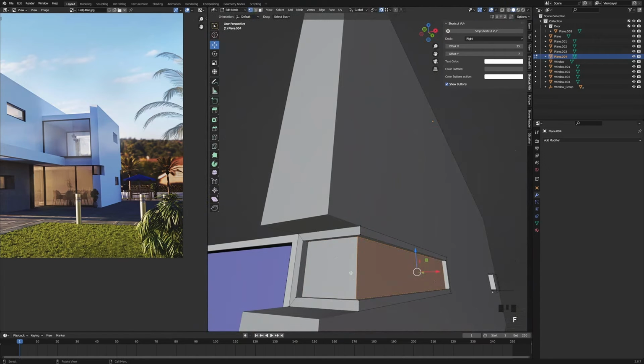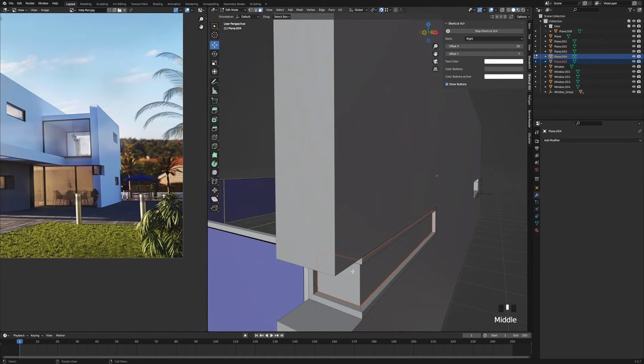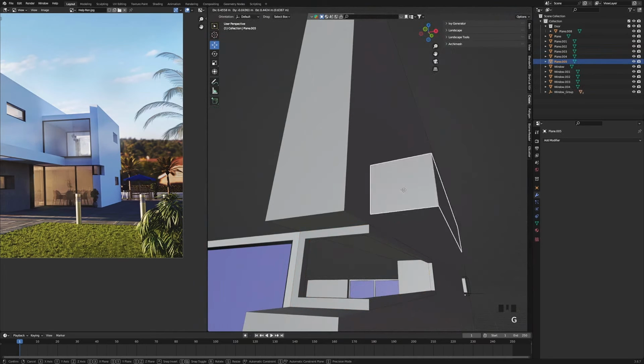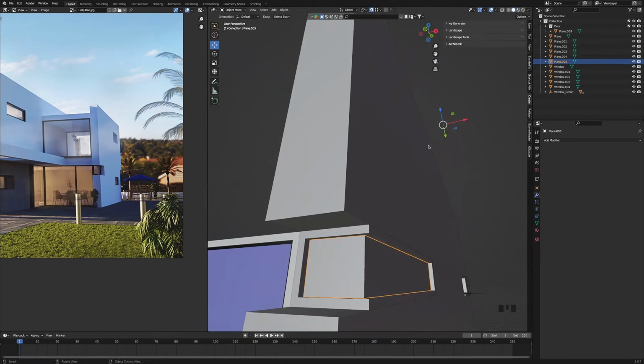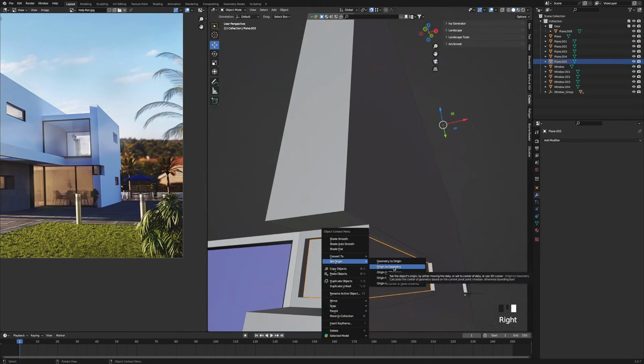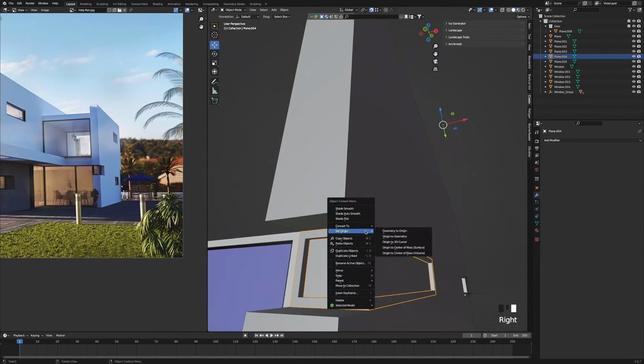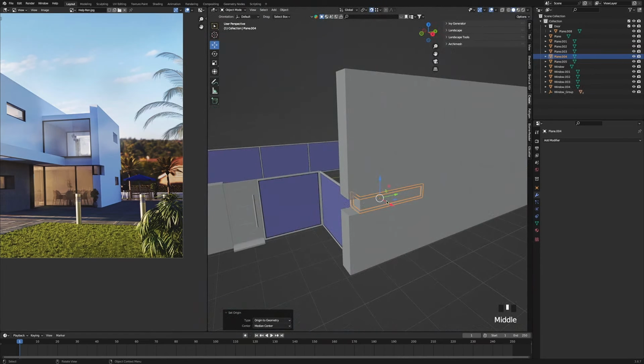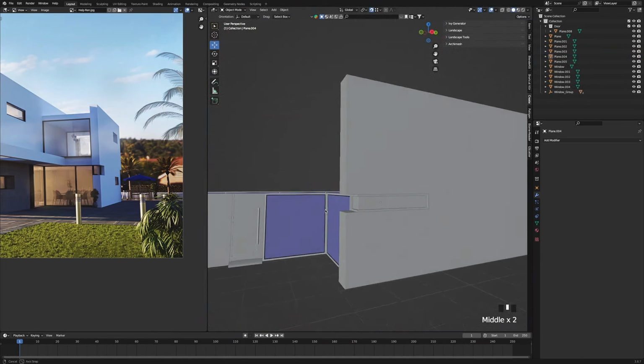And this is going to be our glass, but we're going to separate it, so we're going to press 3 for faces, make sure both faces are selected, and press P to separate, and we're going to click separate by selection. So now if we press Tab to go out of edit mode, and click on the glass, and press G, it's its own thing. I'm just going to right click to undo, right click, select Origin, Origin Geometry, and the same with the window frame as well. And that gives us our L-shaped window in the wall.